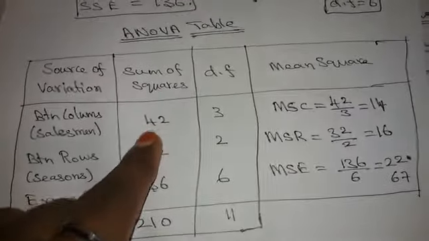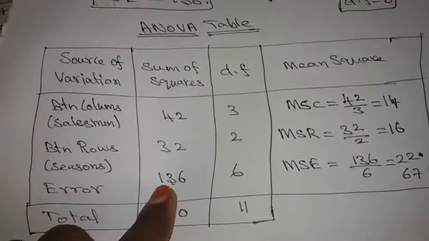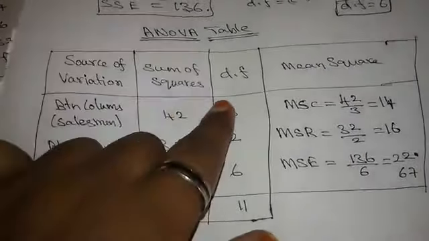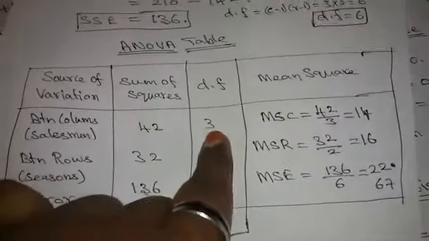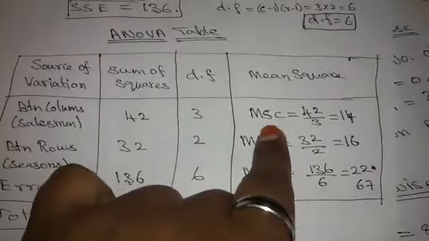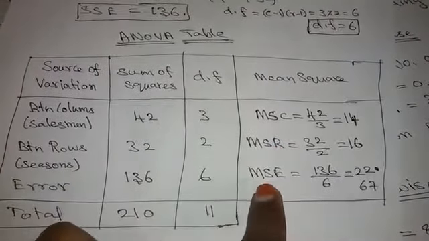Now we put all the values in the ANOVA table. Already you have found out SSC, this value is SSR, this value is SSE, and the corresponding degrees of freedom. Now using these values, you have to find out mean square between columns, mean square between rows and mean